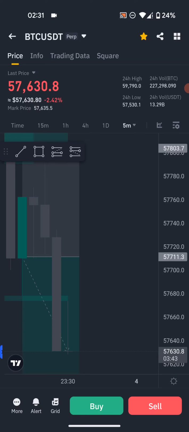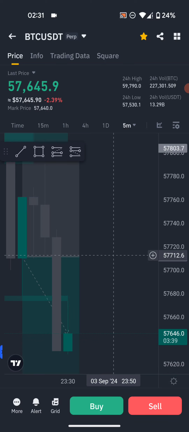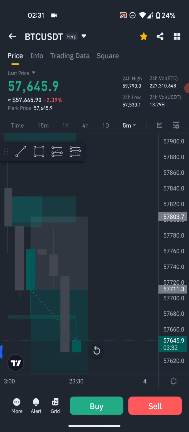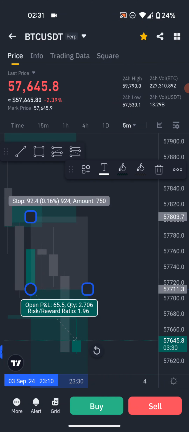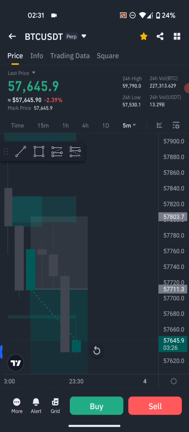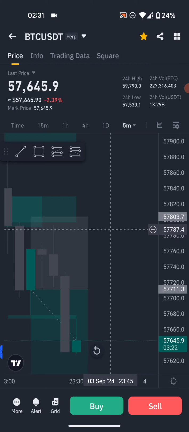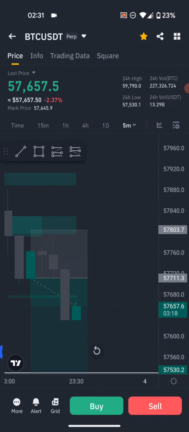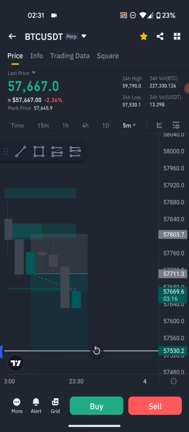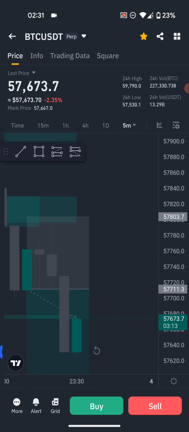On 5 minutes, as I said, we want to see an imbalance right here for us to confirm that this fair value gap right there has fallen through, and hence this will give us more confirmation for our entry. Then I will set my stop loss on this swing high right here, and the take profit will be right away right here, the same. As you can see,